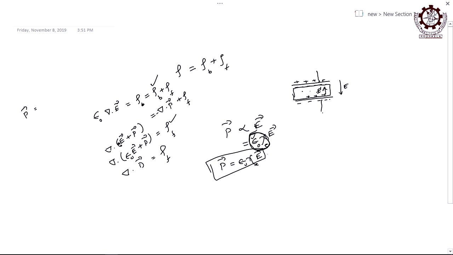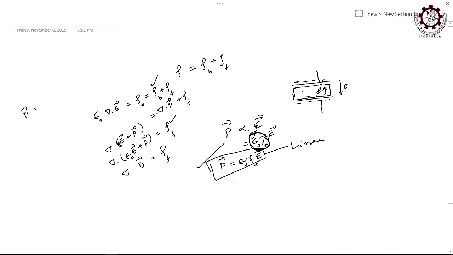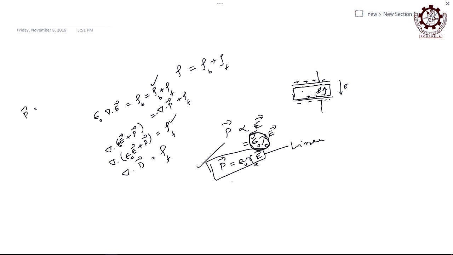Now, if any dielectric follows this equation, then that kind of dielectric is a linear dielectric. Only if it follows this equation can you say that it is a linear dielectric. If it is not following that equation, it is a non-linear dielectric. Dielectrics are of two kinds, one linear and the other non-linear. If linear, it must follow this equation: polarization must be equal to this. That is why it is called a linear dielectric. If the dielectric is not following that equation, then it is non-linear. That is the difference between linear and non-linear dielectrics.